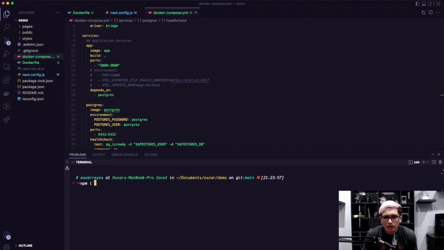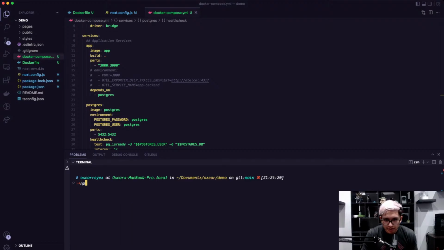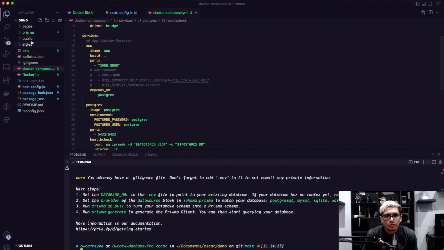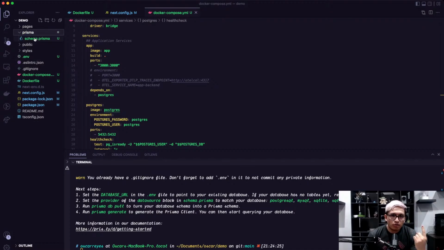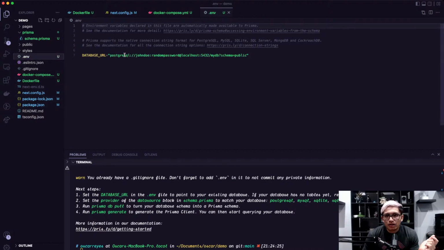What is the name? Prisma. Okay, save dev, so this will be a dev dependency. Next thing is initializing Prisma: npx prisma init. This is going to do two things. It's going to create a Prisma folder with a base schema, and it's going to create an .env file with